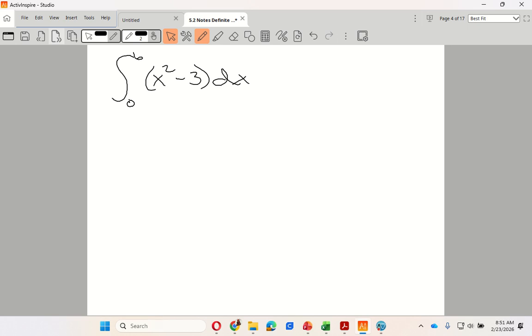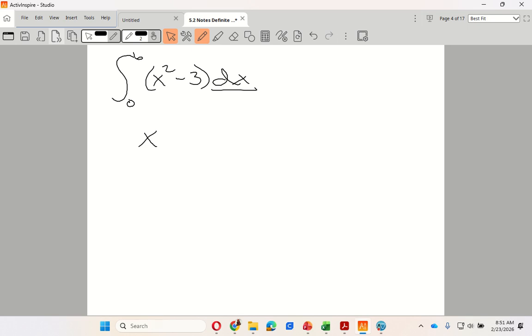We're doing the integration. My delta x is the change, the thickness in between, and there are actually going to be an infinite number of rectangles as I do this. So from 0 to 6, I go here to here. So let's integrate this. x squared is going to give me x to the